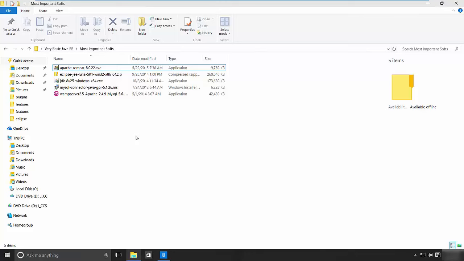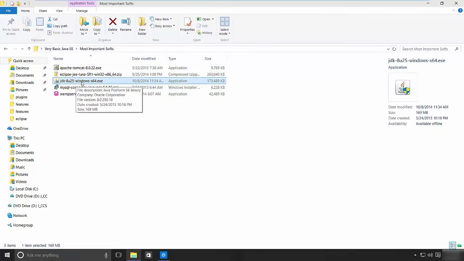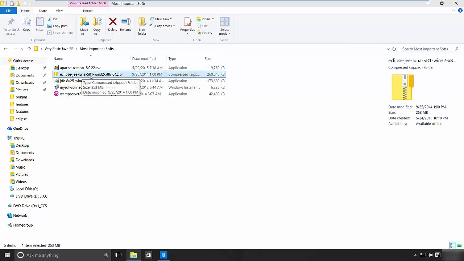The installation process is very straightforward. First you have to install the JDK, and there are two steps. It will install the JDK, then it will ask to install JRE. Install both of them. Next you should extract Eclipse, the latest version of it, the Enterprise Edition version of it,